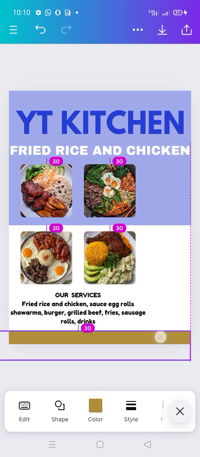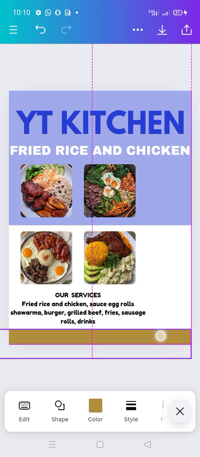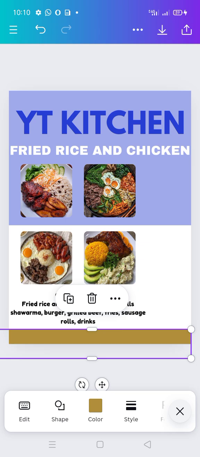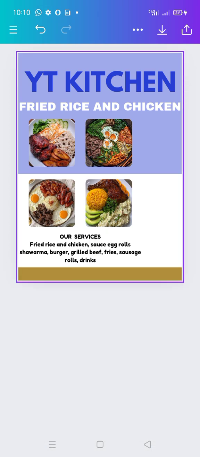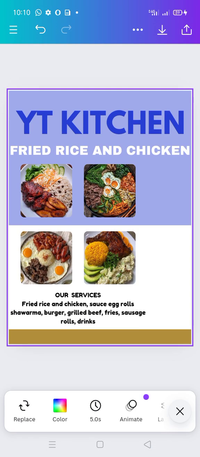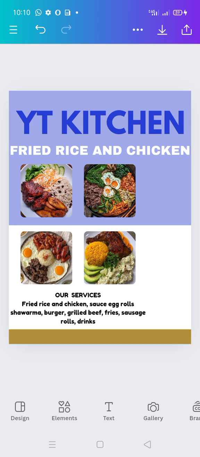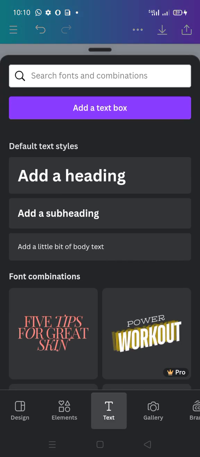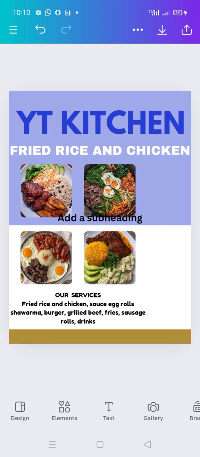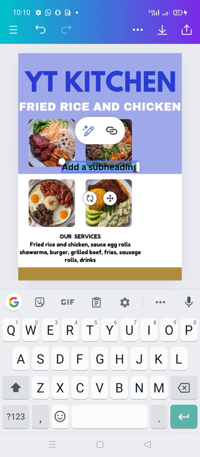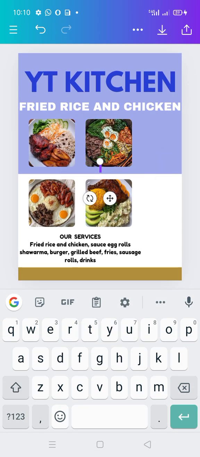Okay, let's be adding a text box. I'll click on text, add a subheading, then I'll come back like this to get my tools here. I click on it again, then I edit, I cancel this, then I write contact us, 07069571834. I type in my phone number. I'll say contact us,